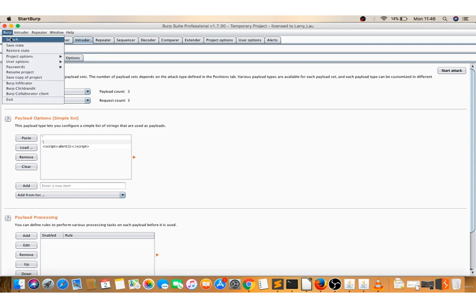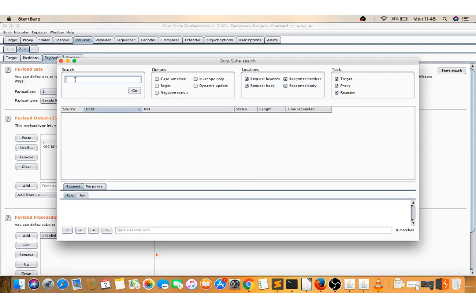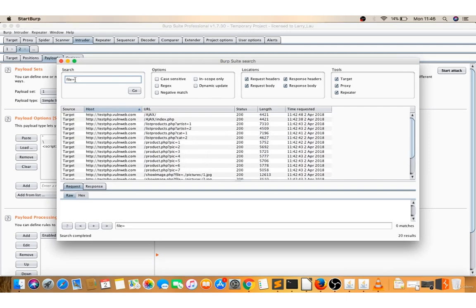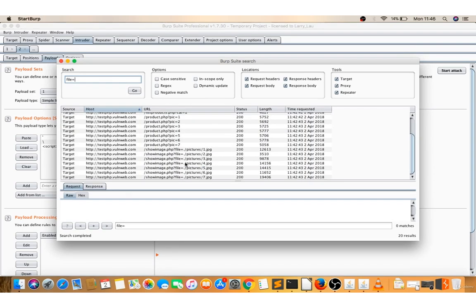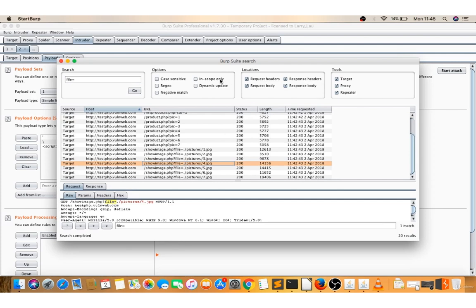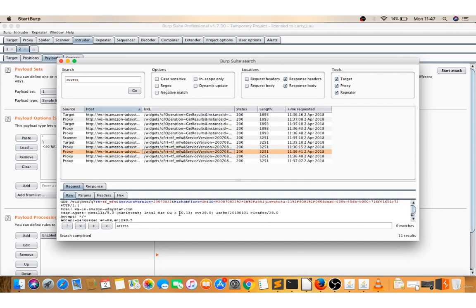Sometimes you can use Burp Suite search methods. You can search for any file, let's say file equal to any parameters. See, you got file parameters. You can search only in scope, or you can search any response header. For example, search the response for origin or access control. See, there is an access control. So maybe somewhere you can find access control like this. So this way you have to